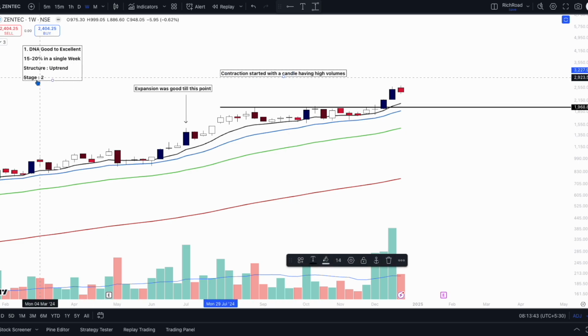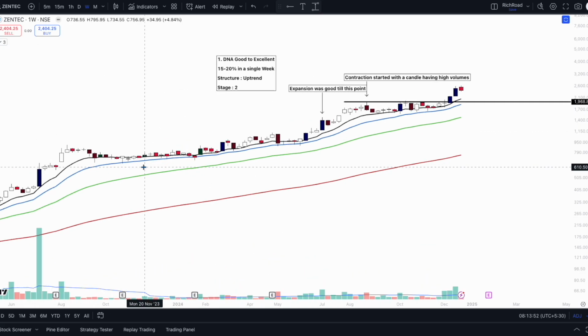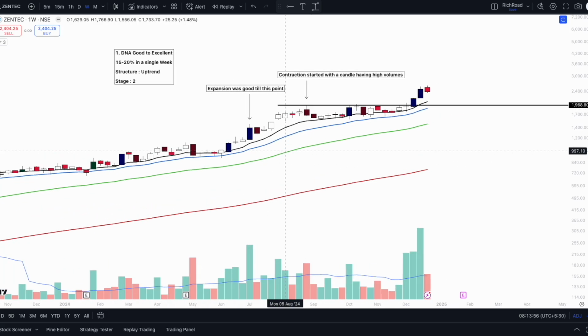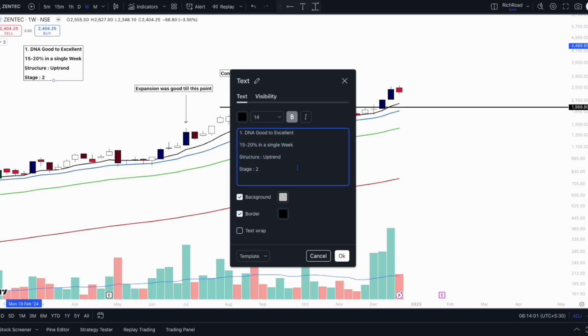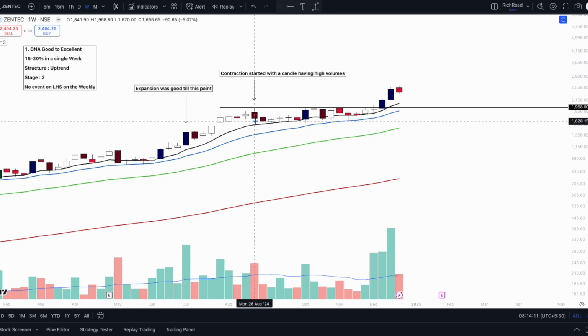So I'll note this candle because this is really important. And now, what happened? There is again no event on the LHS. That's an important point. We cannot miss. There is no event on the LHS on the weekly. So, certainly, we have to take a note of this. No event on LHS on the weekly chart. Okay. After which, what happened at this point,